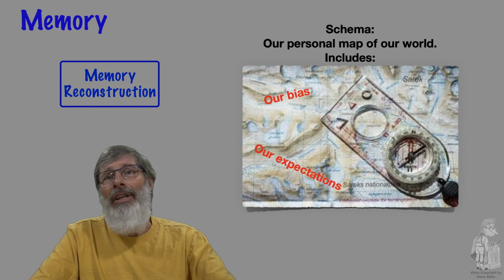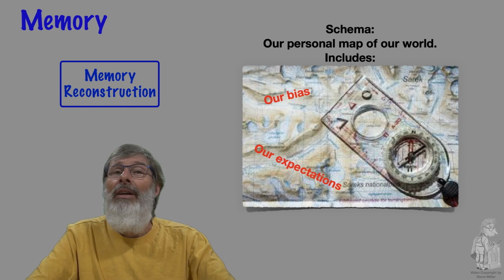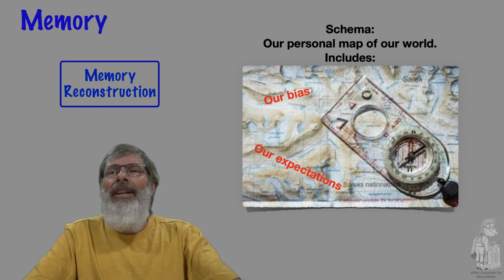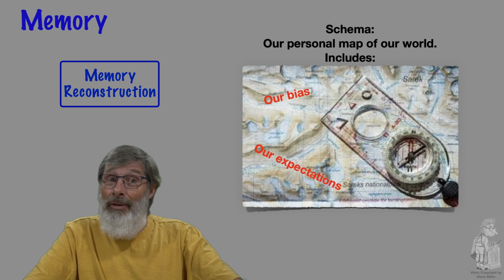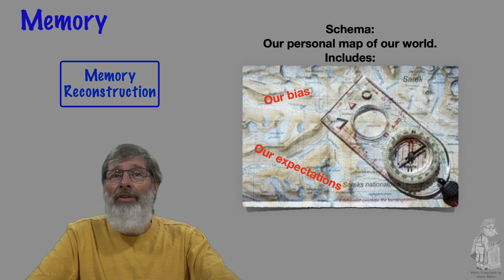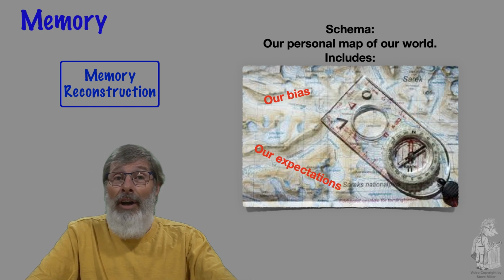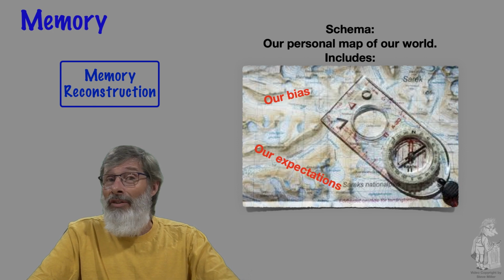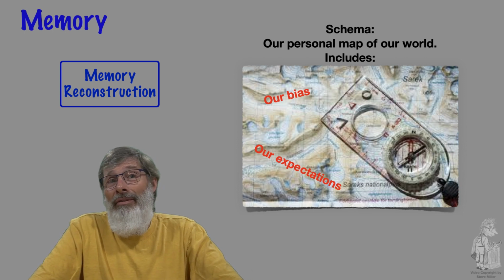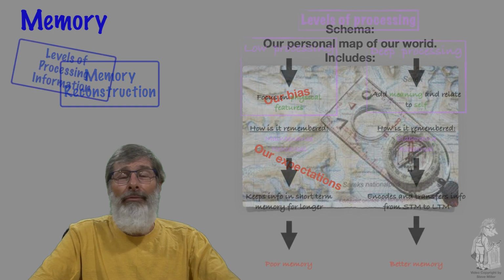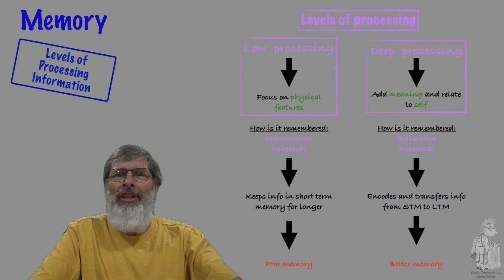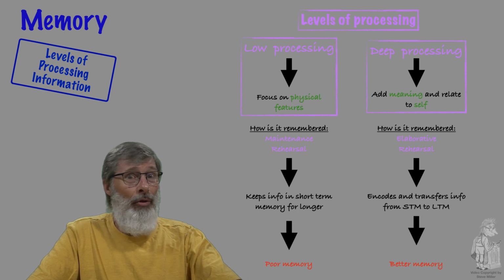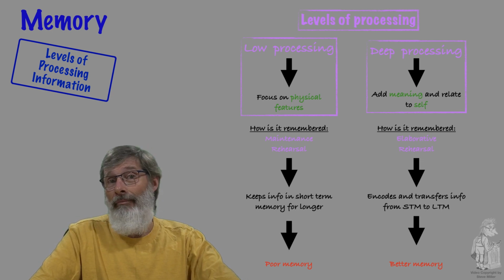Reconstruction relates to the influences of logic, reasoning, and the adding or leaving out of information. This is also related to our schemas, the mental representations that we make to simplify our understandings of memories. So the levels of processing information: people use elaborative rehearsal to remember things, processing information at a deeper level than people who use maintenance rehearsal.